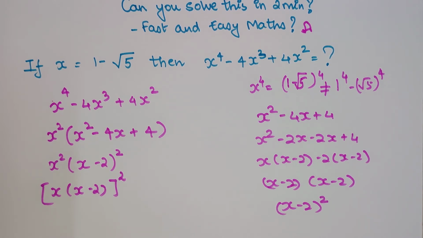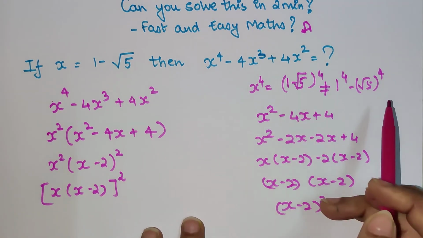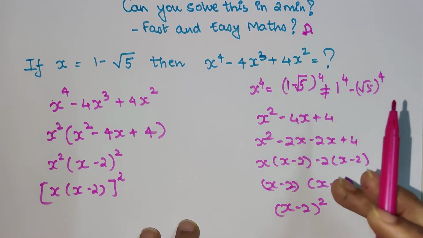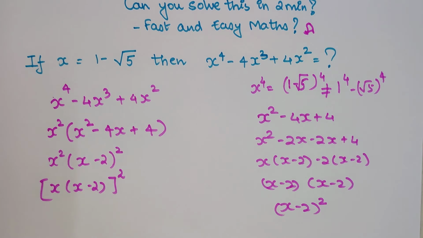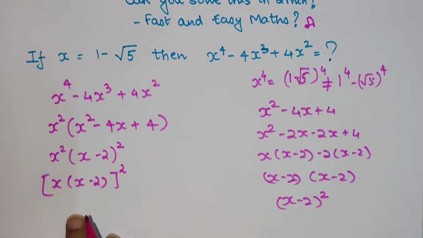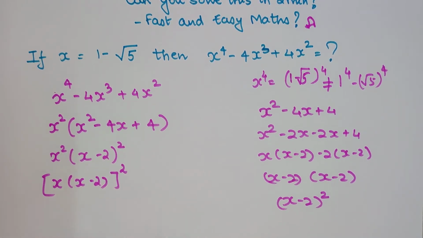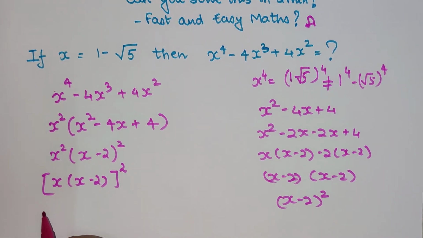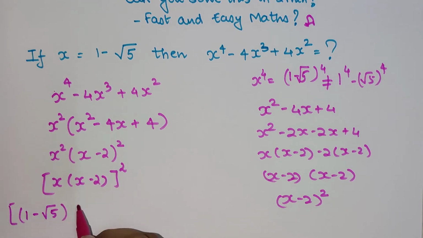But that does not mean that you simply make the mistake of direct substitution. I just showed you what that can lead to. Okay, so now since we know that I cannot further simplify this, let me put in the values. So I have x, which is 1 minus root of 5, and again, 1 minus root of 5 minus 2, the whole raised to 2.